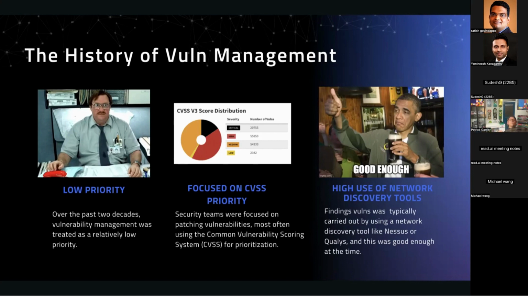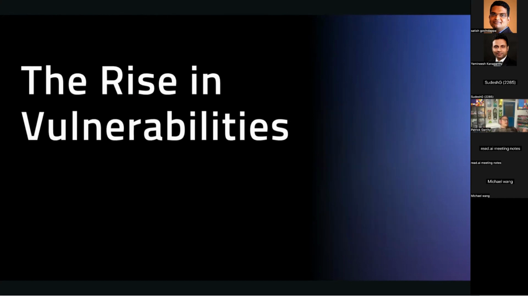But the reason why it's important, some history of why it's important, is, first off, for the last couple of decades, vulnerability management was a pretty low priority. Most organizations relied on CVSS scoring to determine what to fix. And most vulnerability patching was based on your network scanning, so your Tenable, your Qualys, Rapid7, other products there. And the reality is it worked pretty well. A lot of that has to do with the fact that there wasn't pervasive mass exploitation of vulnerabilities, which I'll talk about really fast.